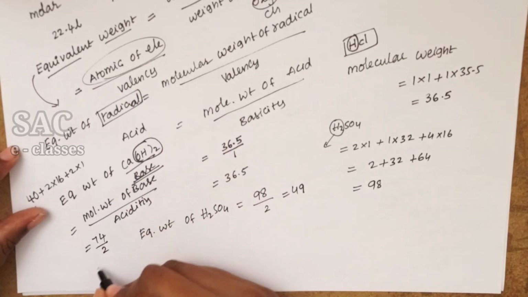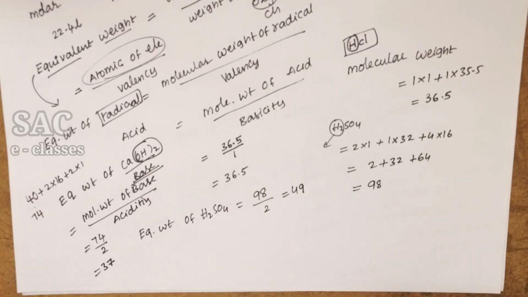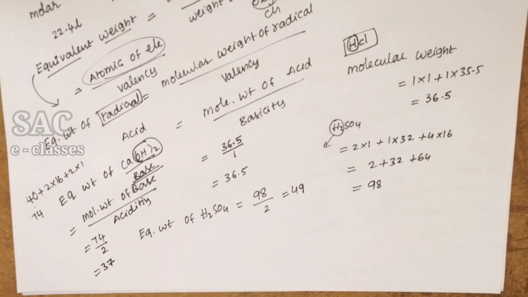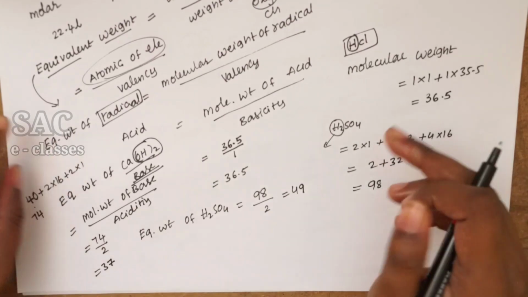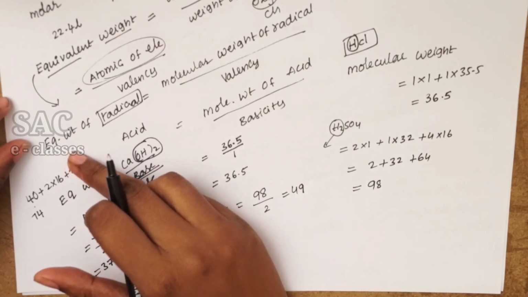So 74 by 2, which is 37, is the equivalent weight of calcium hydroxide. Like that we can find out the equivalent weight. In this video you learnt how to calculate molecular weight, equivalent weight, how to calculate the number of moles,